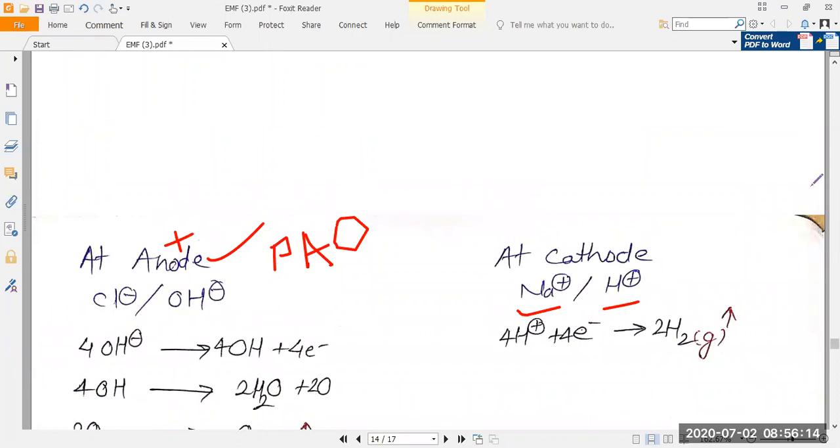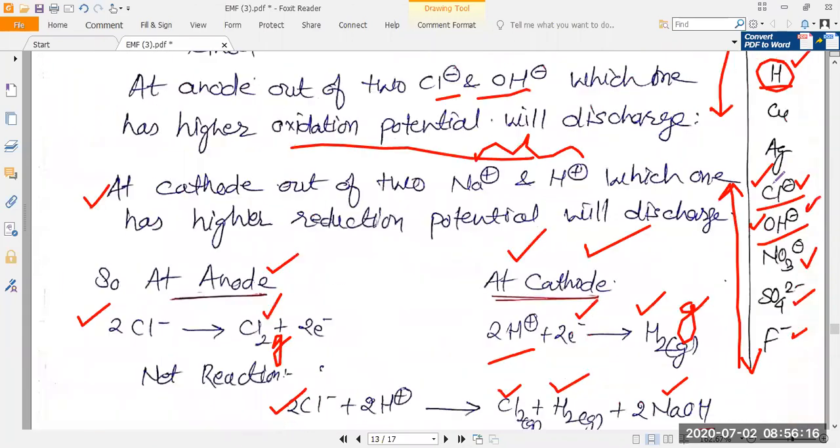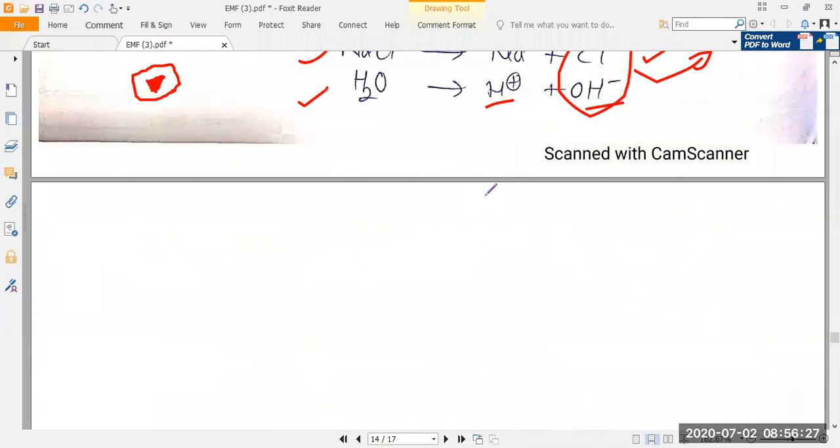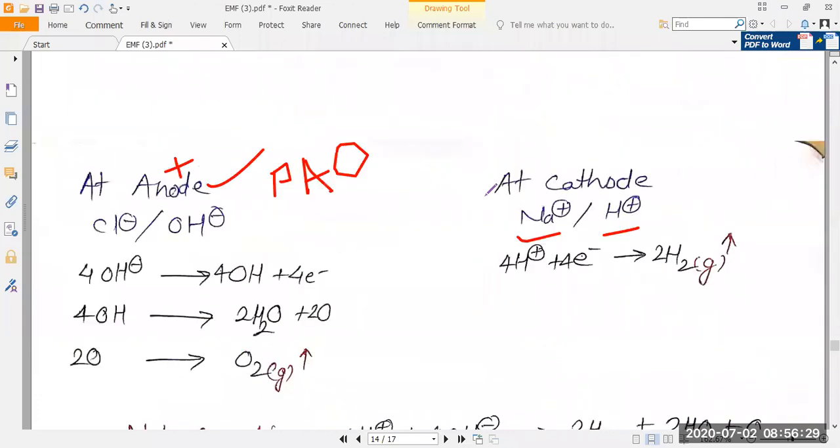See in this table, Cl negative and OH negative. So Cl negative has more oxidation potential as compared to OH negative. But in the case of aqueous NaCl, dilute NaCl, when we electrolyse aqueous NaCl, the water's hydroxyl ion oxidizes at the anode side and not